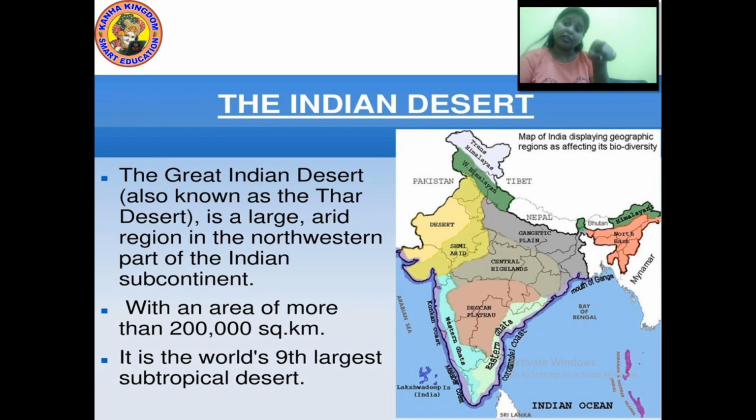Jaipur lies here only in the semi-arid, but places like Jaisalmer, Udaipur, Bikaner, they all lie in the desert region. The Great Indian Desert is also known as Thar Desert. What is the other name of the Great Indian Desert? Thar Desert. This Thar Desert is a large arid region in the northwestern part of the Indian subcontinent.